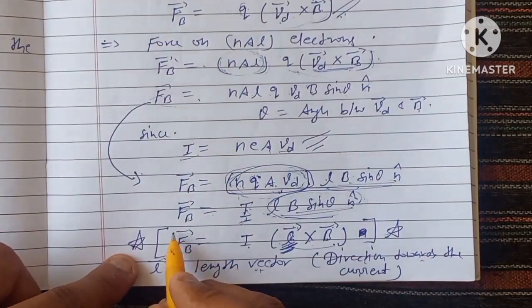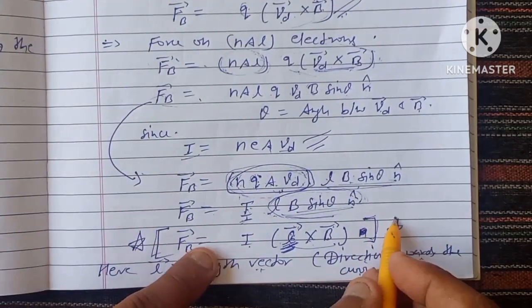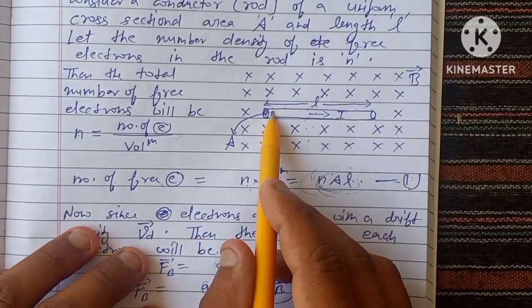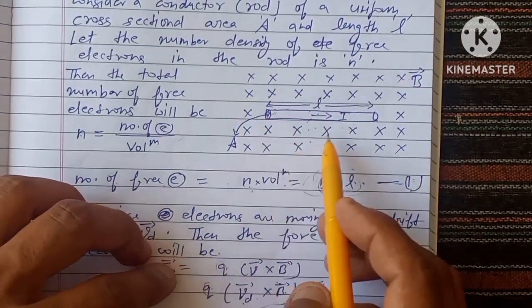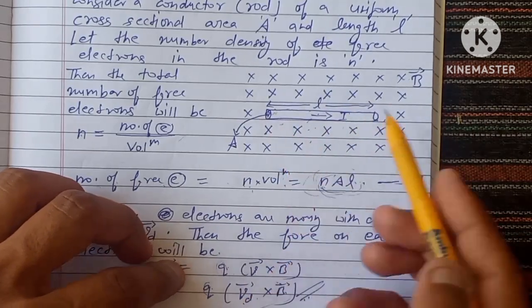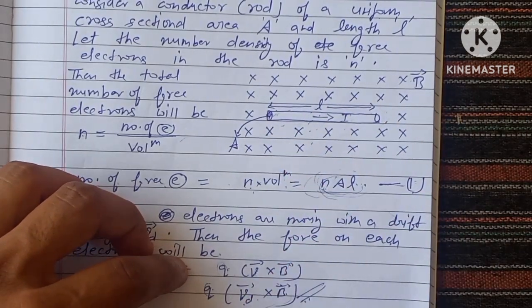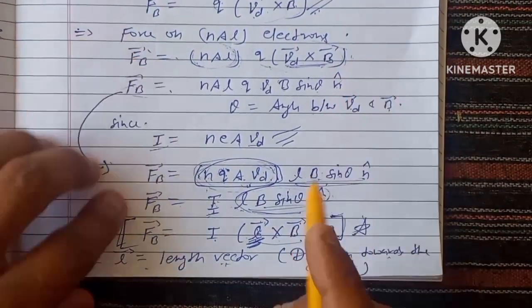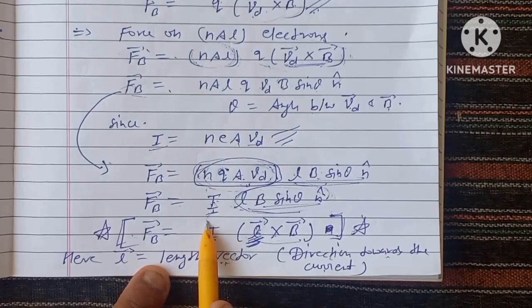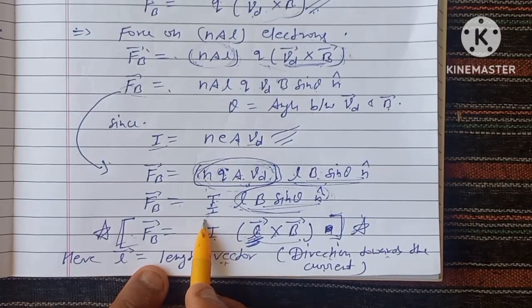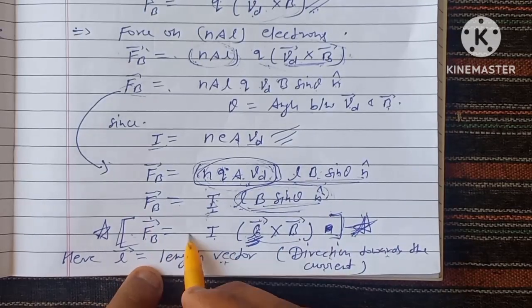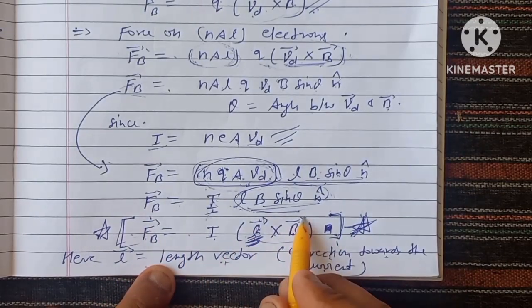Okay, so this much amount of force is experienced by this current carrying rod when it is placed in a uniform magnetic field. And who applies this much amount of force? This magnetic field. This magnetic field exerts this much amount of force on a current carrying rod. So this is a very important expression, that is FB vector is equal to I L vector cross B vector.